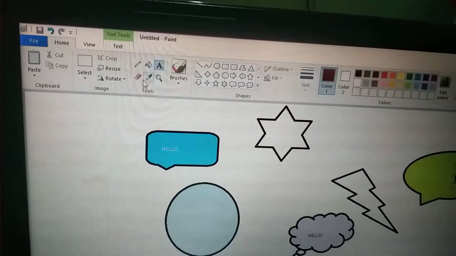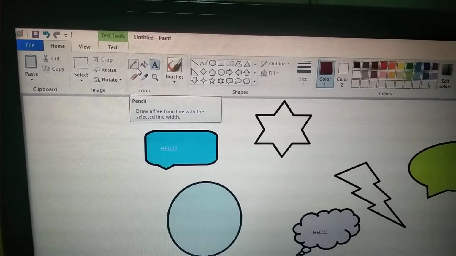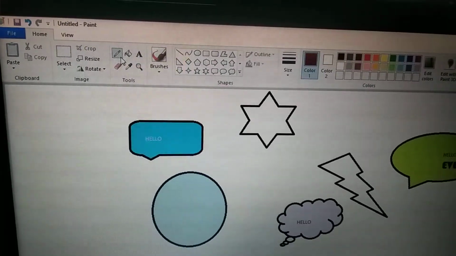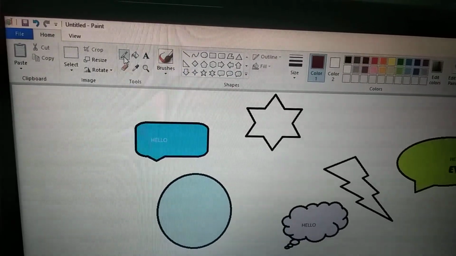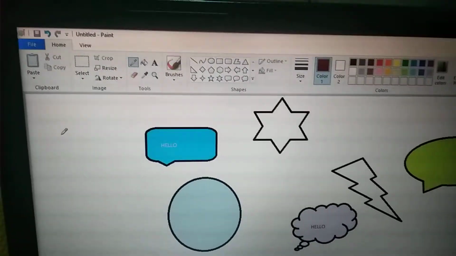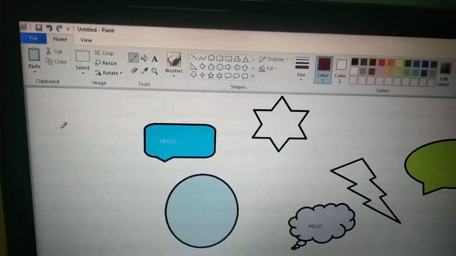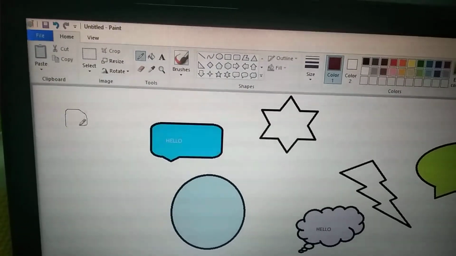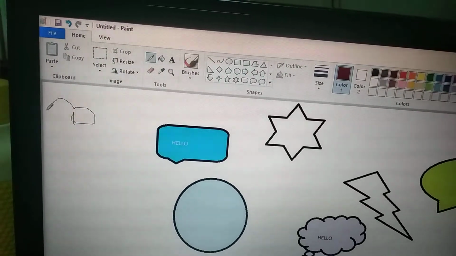This is the pencil tool. When I click the pencil tool, then with the help of the pencil tool just click the left mouse button and drag and make the shape as you want.